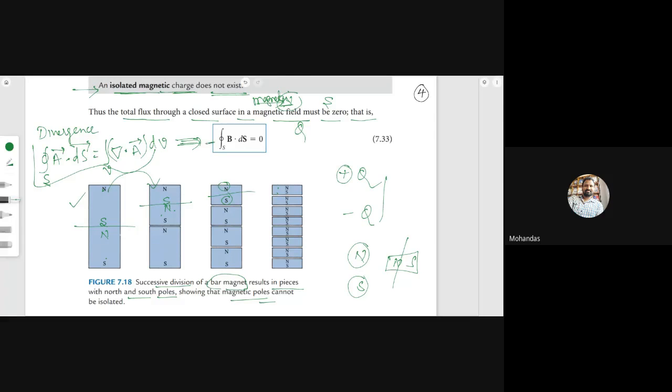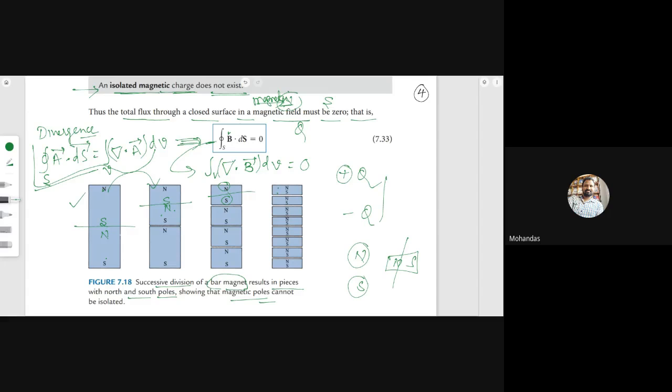It is a closed surface, and the left side is also a closed surface. Apply this divergence theorem to this mathematical expression and tell me the formula here. Instead of A, use the vector magnetic field B. Then it becomes the volume integral of del dot B dV equal to 0.